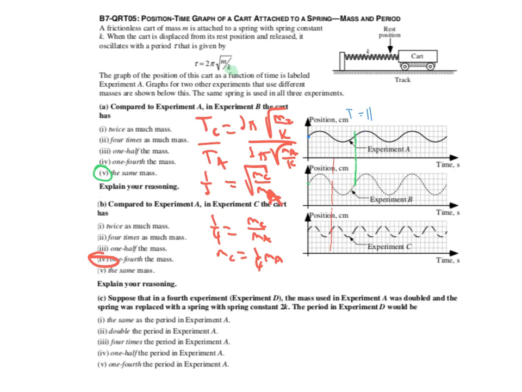And then finally, we want to say a fourth experiment D, the mass used in A is doubled, and the spring is replaced with a spring of double the spring constant k. So then the period would be, well, if we have doubled m, but we have also doubled k, then those two changes cancel out, and we get the same